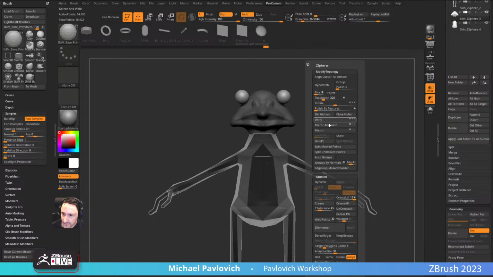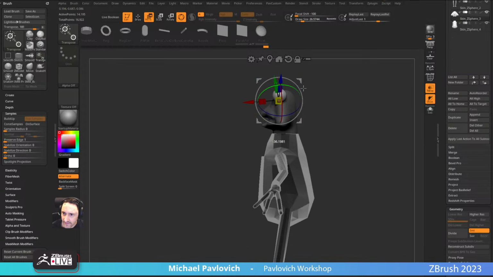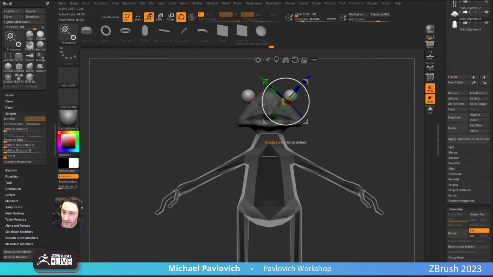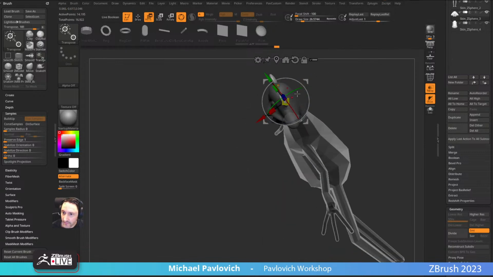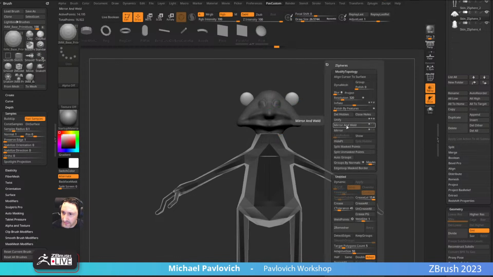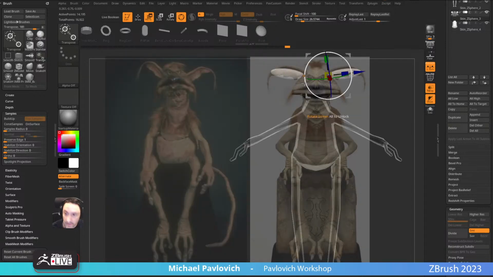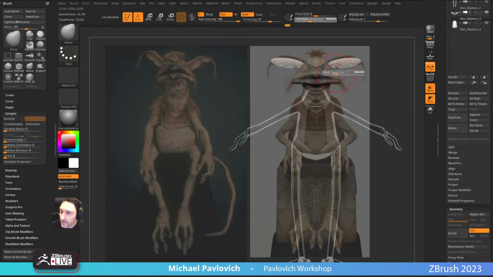Pull this out. You don't have to say split mask points, I just tend to work on things separately, but since the ears are attached, we'll go ahead and keep them. And so we're going to thin this out with our scale, and then as I move, scale, and rotate, it's working fine. Again, if it does get a little out of whack, Geometry, Modify Topology, mirror and weld should set it on the right track. And again, LSIM with dynamic off will allow us to move, scale, and rotate on that local axis there. So one more time,